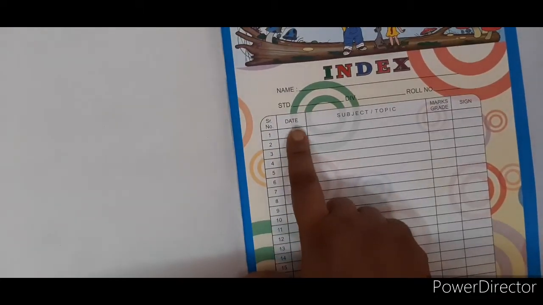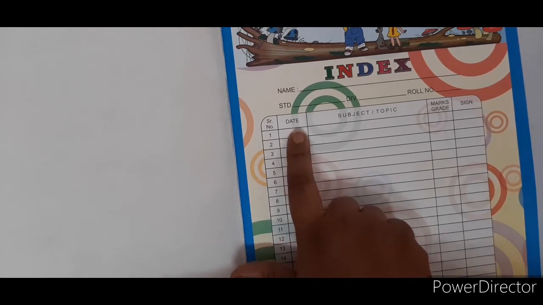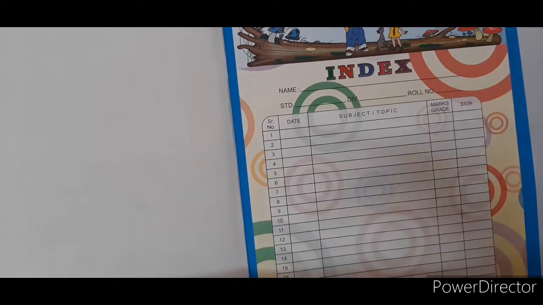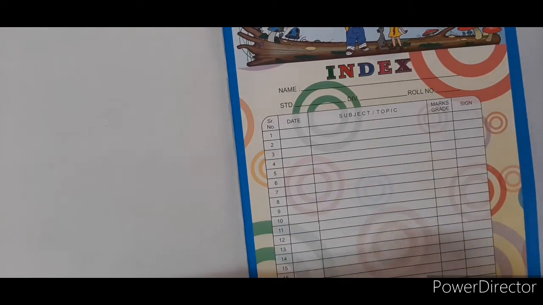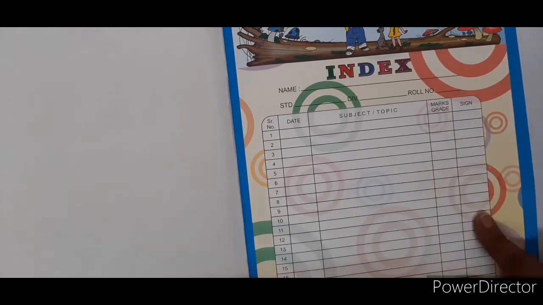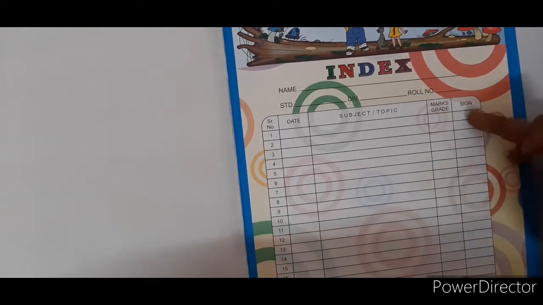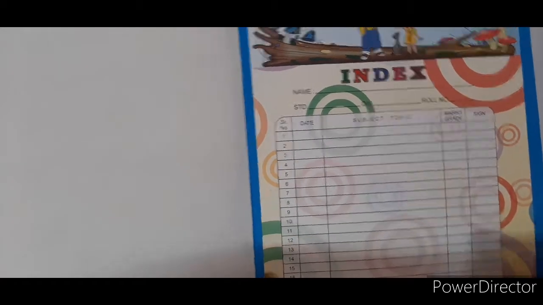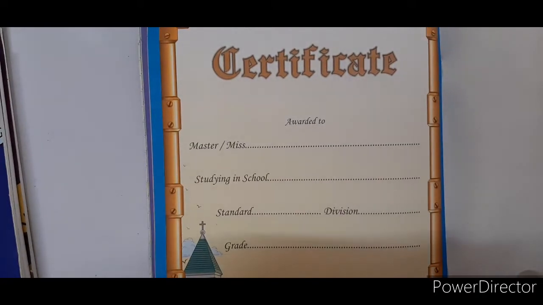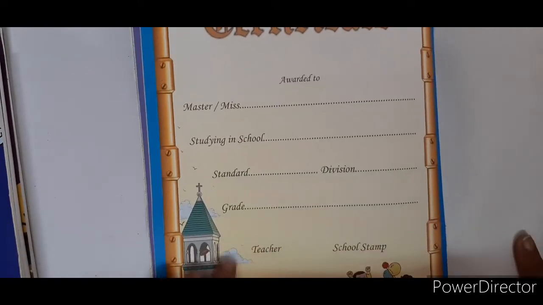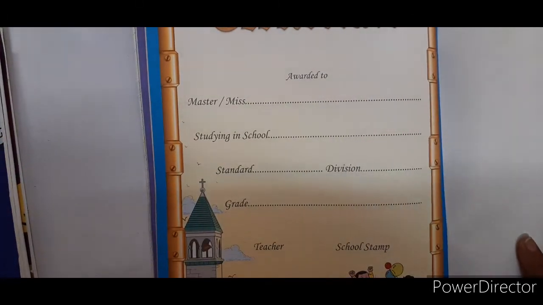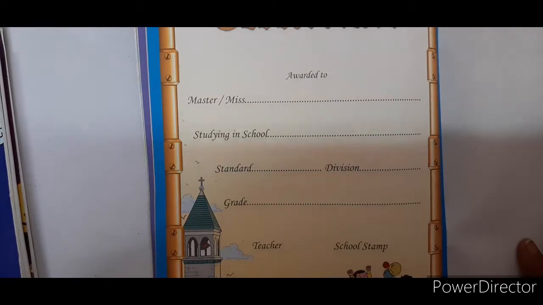So whatever date you all do, whatever date you all write to do the project, you have to mention that date here, and then the topic, maybe like science or EVS, whatever project you all are doing, and accordingly you have to mention it here. Marks, grade and signature will be of the teacher, so you need not write anything on this particular section. Okay, at the end of the scrapbook there is a certificate. Once we go through your projects, we'll give you marks and we'll assign you the grades and we'll stamp and give it to you all later. Okay children, so I hope you all must have understood how to use the scrapbook.